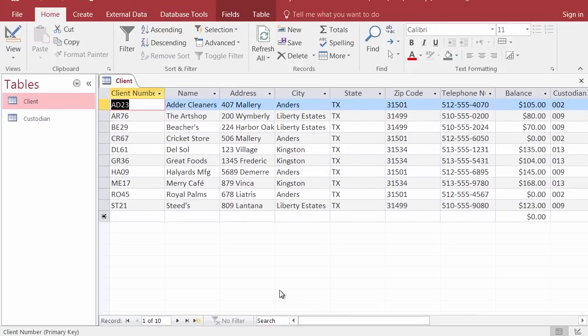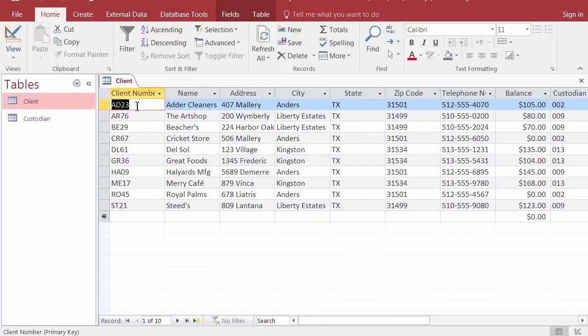However, if I scroll to the left, I'm noticing that each client number is different. So I have a suspicion that that's my primary key. And in fact, database programmers are usually nice to each other, and they'll make the primary key be the first column, but you can't guarantee that. So right now it's kind of hard to tell for sure if this is the primary key, but those of